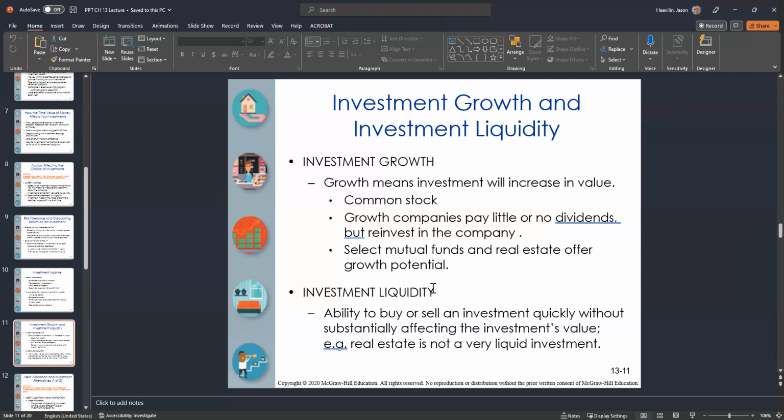Select mutual funds and real estate offer growth potential. But I mean, select, as some mutual funds are dividend heavy, some are not. So if they're not dividend heavy, those are the growth ones. Real estate has growth potential, but